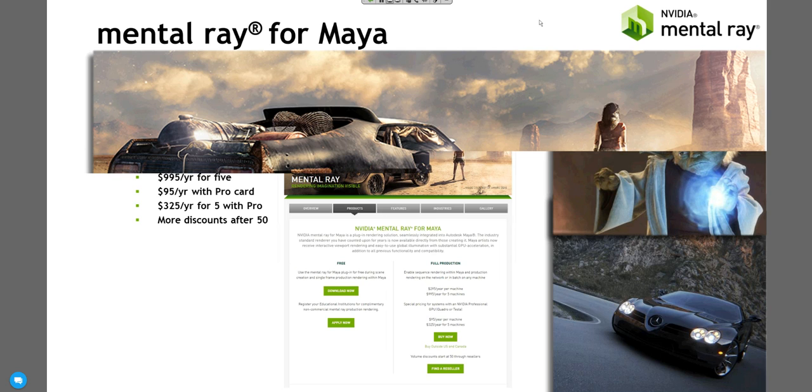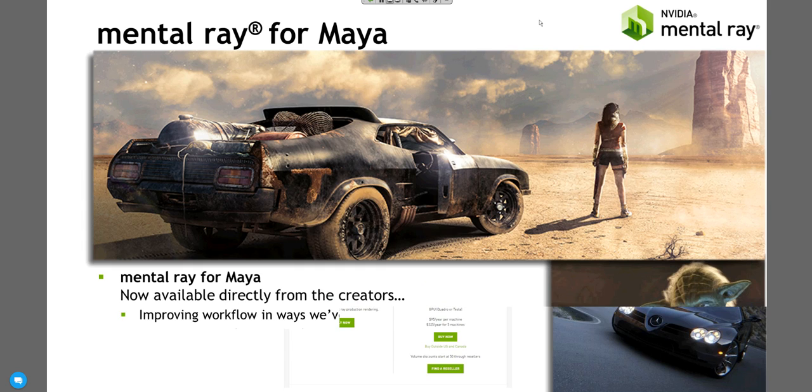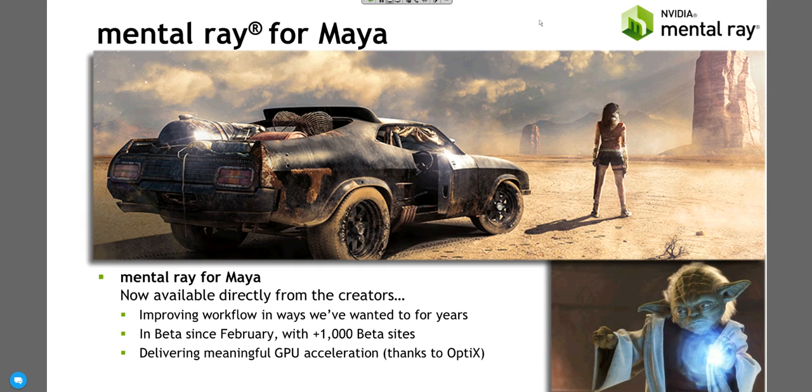Okay, so Mentor for Maya is now available directly from us, the creators of Mentor, and this is allowing us to do things that we've wanted to do for years. So we're attempting to improve our workflow in ways that, frankly, we were prohibited from doing in the past, largely because we were tied to an annual cycle